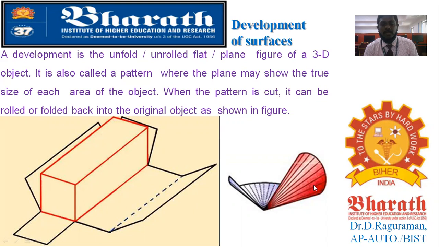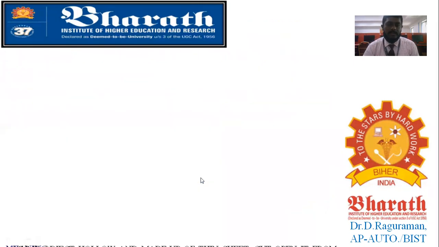Here also, if you unwrap a cone, you will get a radial type of surface. That is why the radial line method is followed, because while unwrapping, the base circumference becomes an arc, like part of a circle, an arc sector. That is why you follow the radial line method for the cone and pyramid. For the prism and cylinder, the base shape and the top shape are the same, so you follow the parallel line method. That is what we are going to see in development of surfaces.